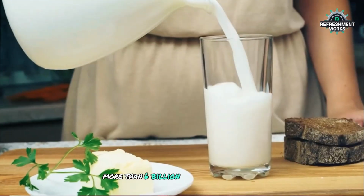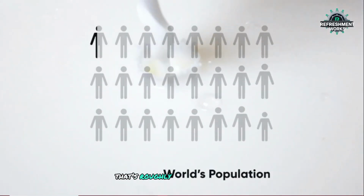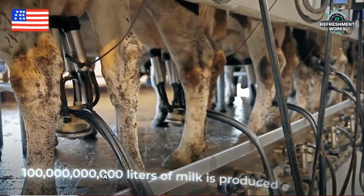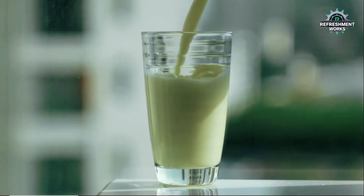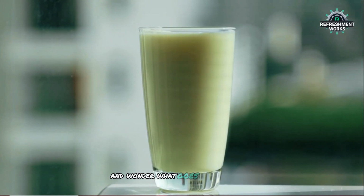More than 6 billion people in the world consume milk and milk products. That's roughly 75% of the world's population. In just the US, a whopping 100 billion liters of milk is produced each year. But have you ever looked at the glass of milk on your breakfast table and wondered what goes on behind